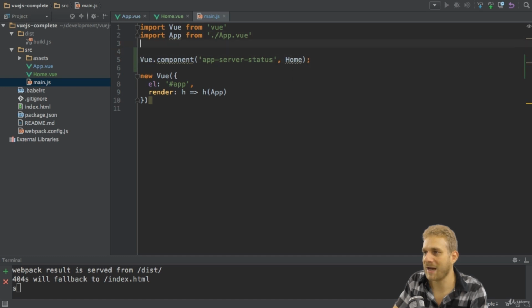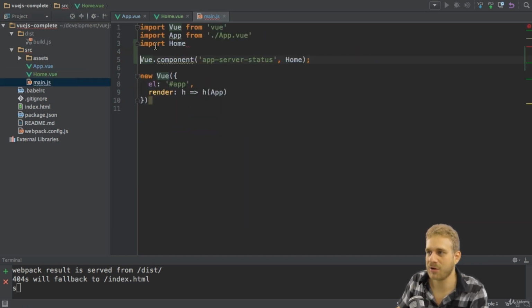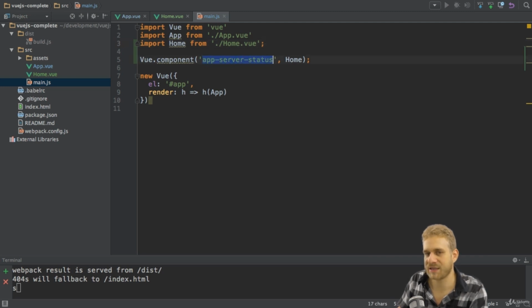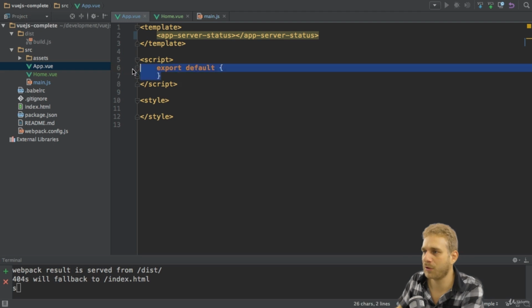For that we will need to add an import. I'll name it Home. This name is up to you since we export only one object here, export default. We don't have a name here, so you may choose any name when importing it. And we have to import it from the same folder, therefore ./ for Webpack to find it, home.view. Now with this setup, I can use app-server-status as a selector in my whole application, therefore also in my root file here. So I'll add app-server-status here, remove the data object, remove the whole export script here maybe even,